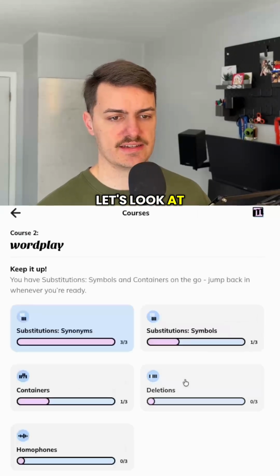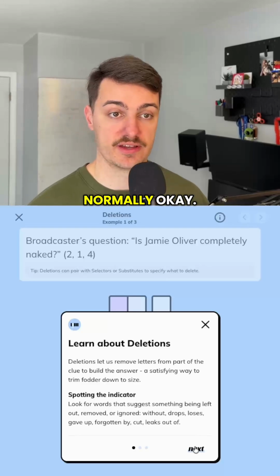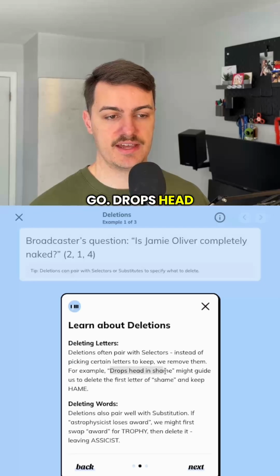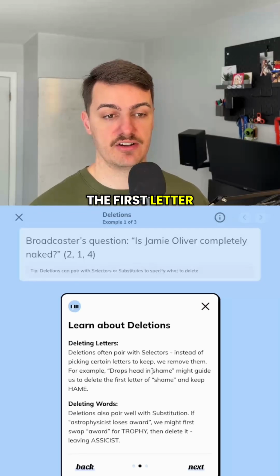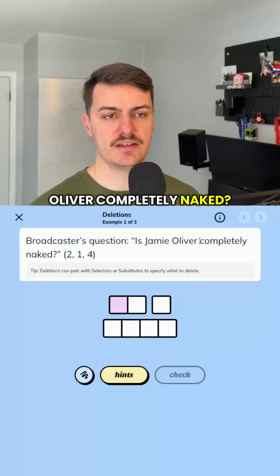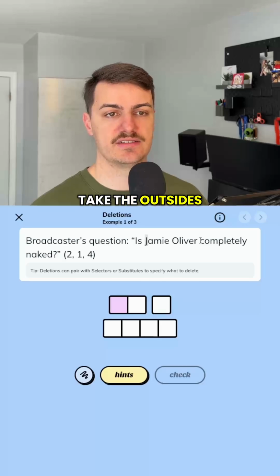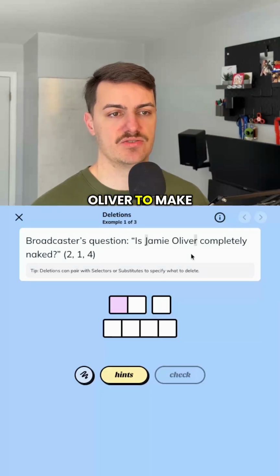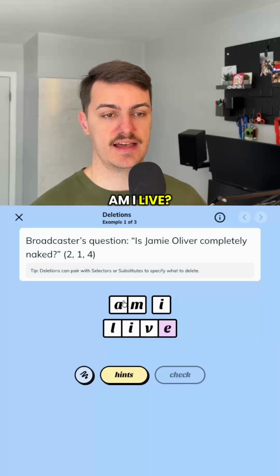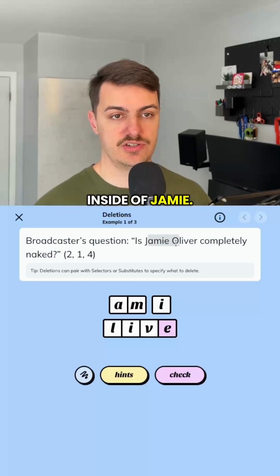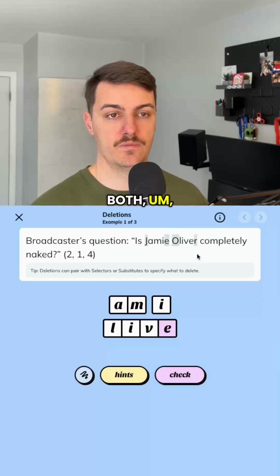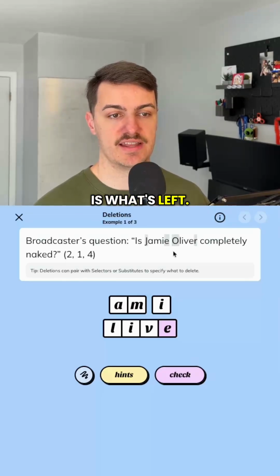All right, let's look at deletions. Deletions are normally, okay, you delete something and then you get the answer from that. So here you go, drops head in shame. You maybe take the first letter off of shame and get hame. So is Jamie Oliver completely naked? And maybe we take the outsides off of Jamie Oliver to make it naked. And then the definition or the answer would be am I live, which is the inside of Jamie. We actually take off the outside of both words here, and am I live is what's left,